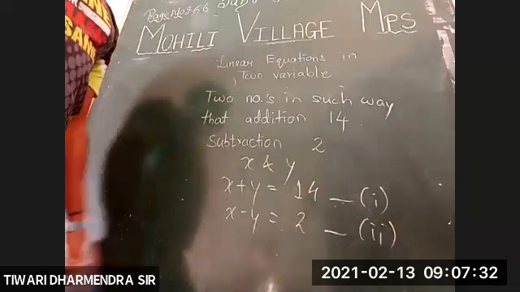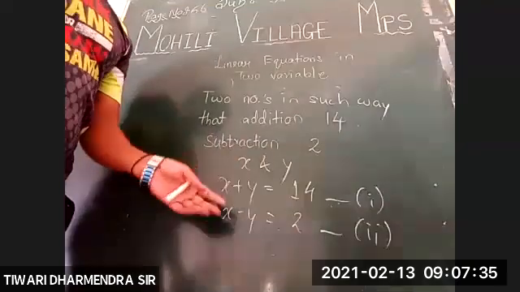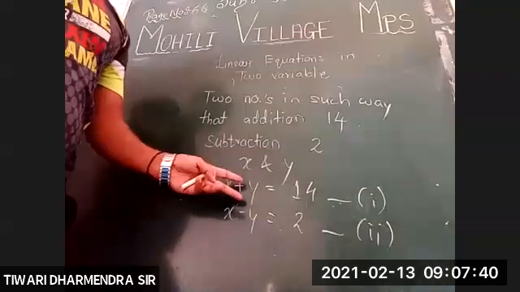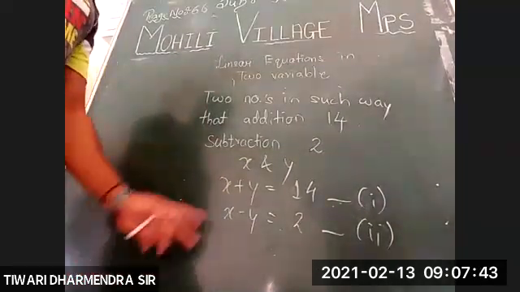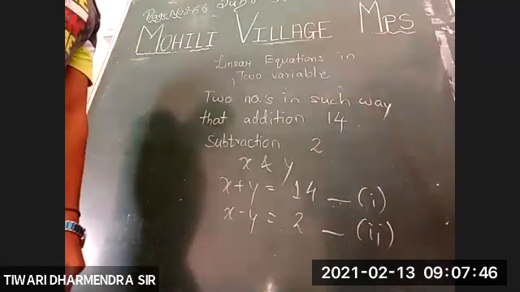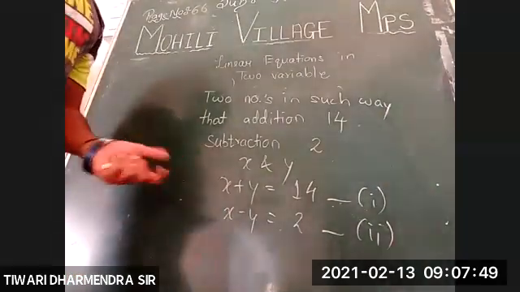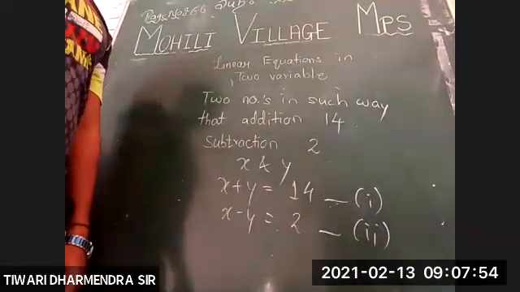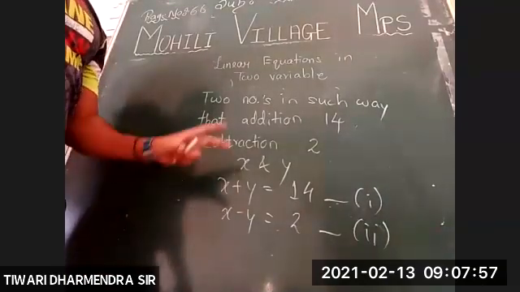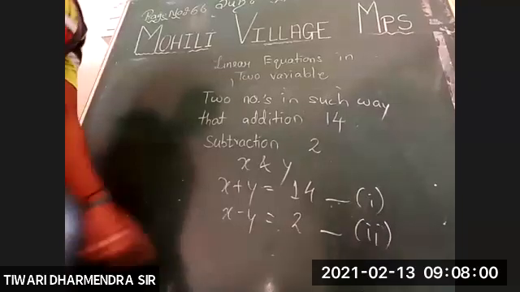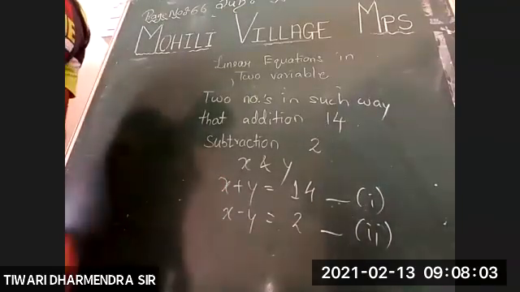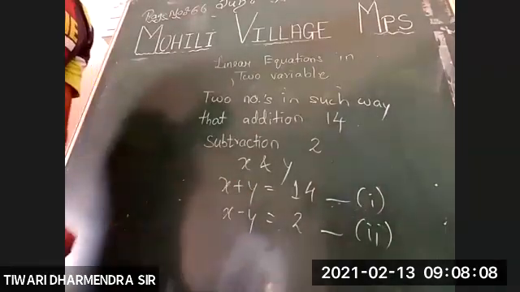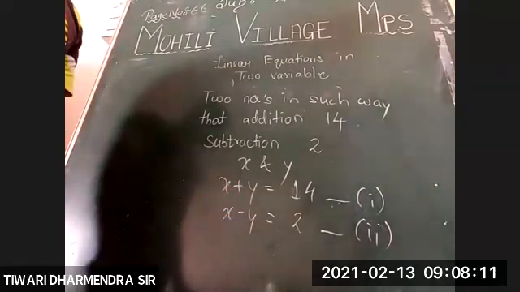Now we are having two variables with two conditions. We can give the answer directly, but mathematically, how can we solve this? We can see that we can eliminate the variable y from here. Why can we eliminate variable y? Because they are with opposite signs. In the first equation, the sign of y is plus, and in the second equation, the sign of y is minus.